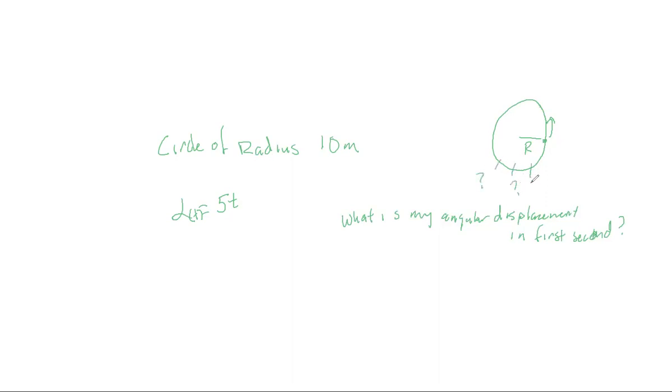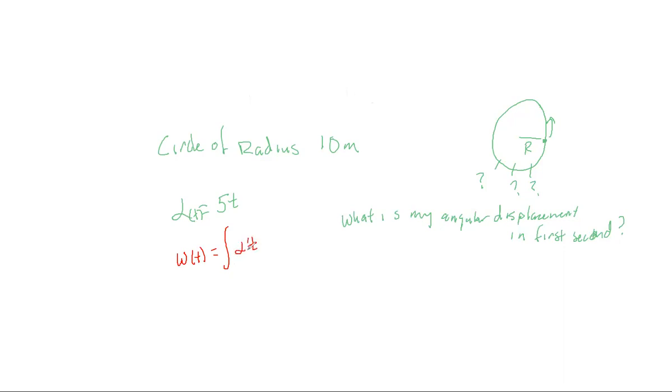Well, I haven't given you an angular position value. And so that becomes annoying because how do I figure this out? Well, just the same way I'd figure out the linear values in just linear kinematics. I'd integrate. And so in this case, I'd find that my omega of t is equal to the integral of